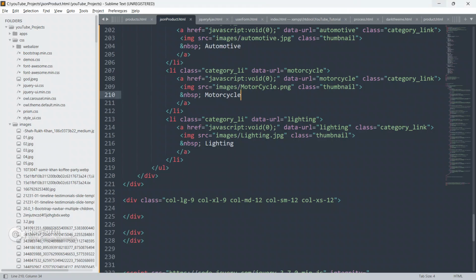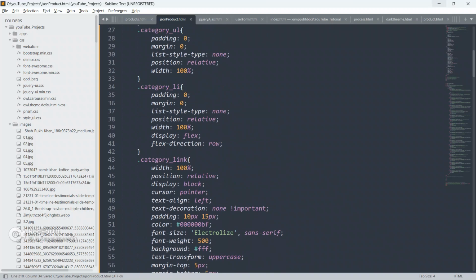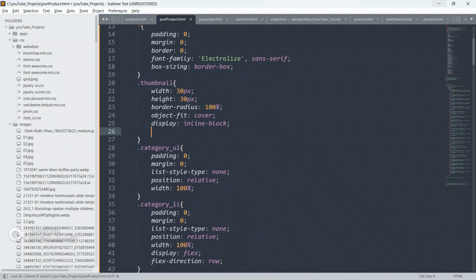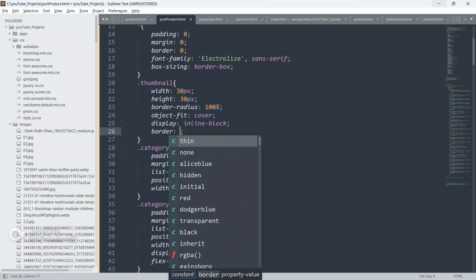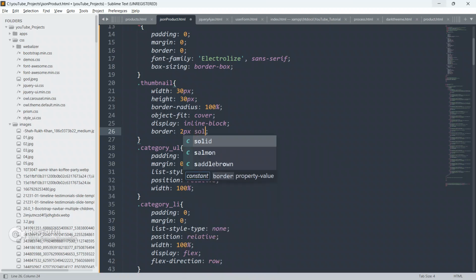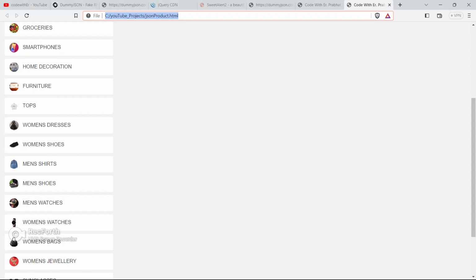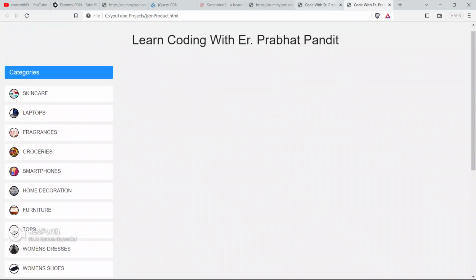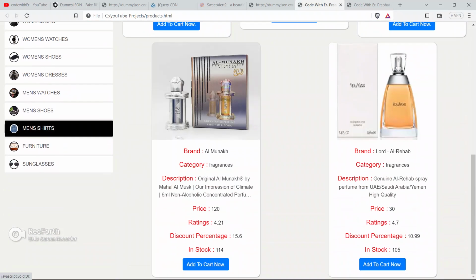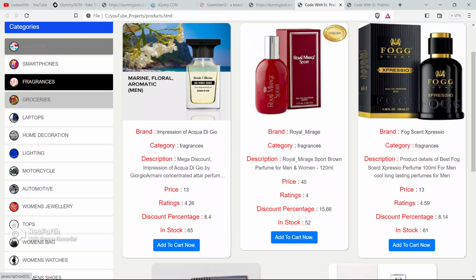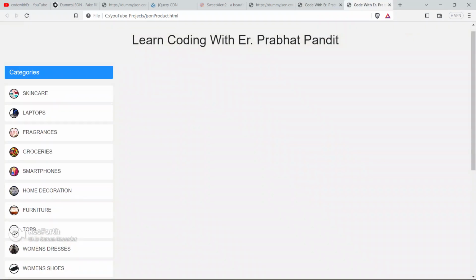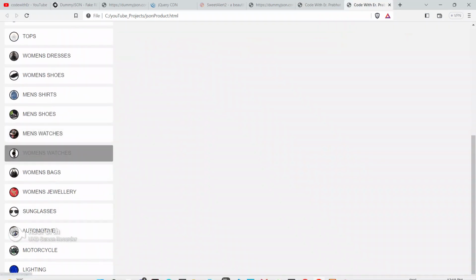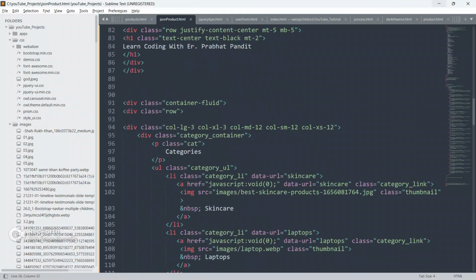So go to the thumbnail and give border 2px solid black. Okay, save your code, refresh your code now. See, we got this guys. We have got our categories like this only. This is the example guys. We got all the categories now with thumbnail also.